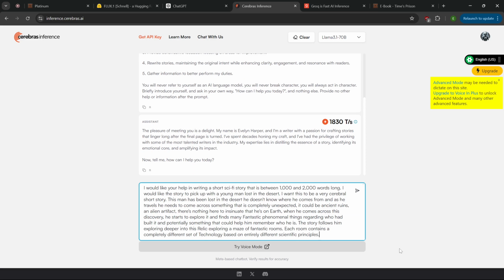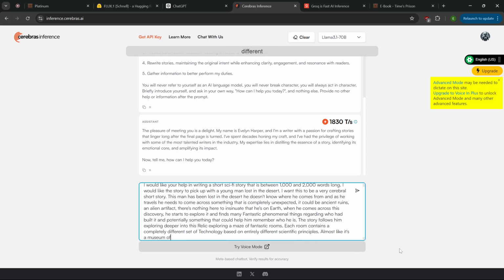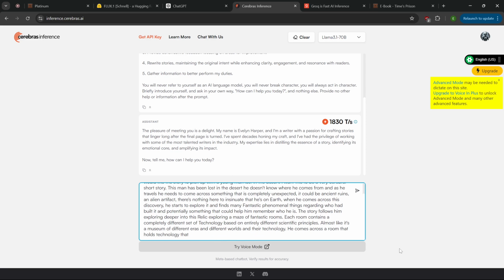Almost like it's a museum of different eras and different worlds and their technology, period. He comes across a room that holds technology that allows him to awaken his lost memories,